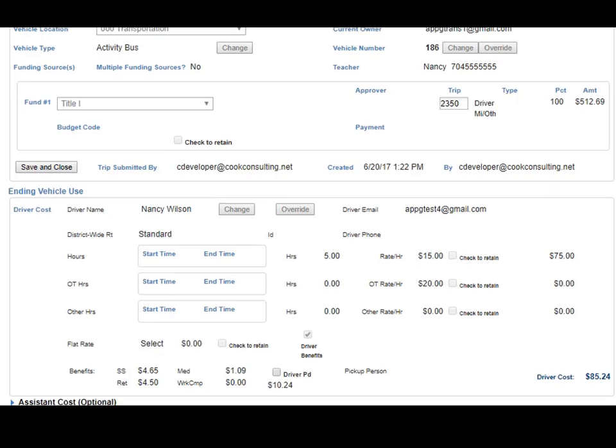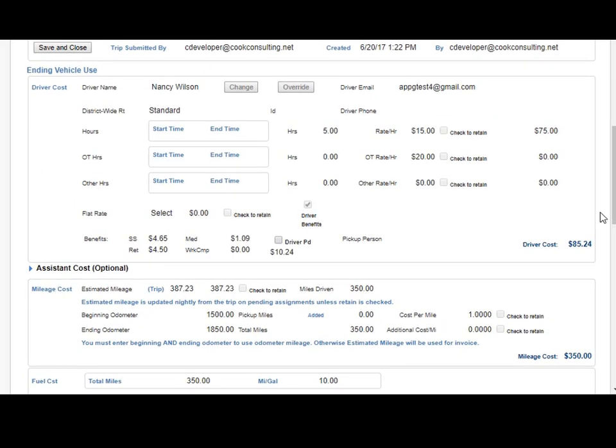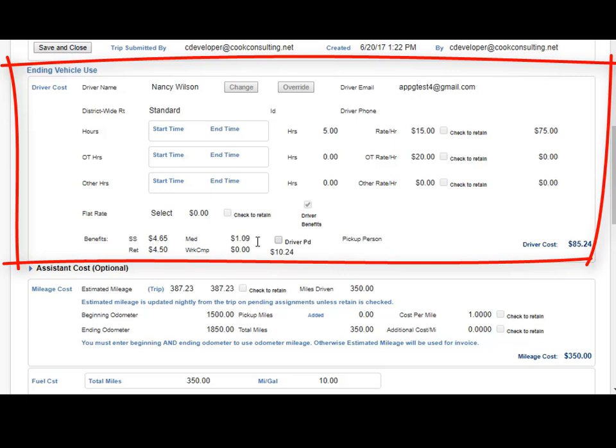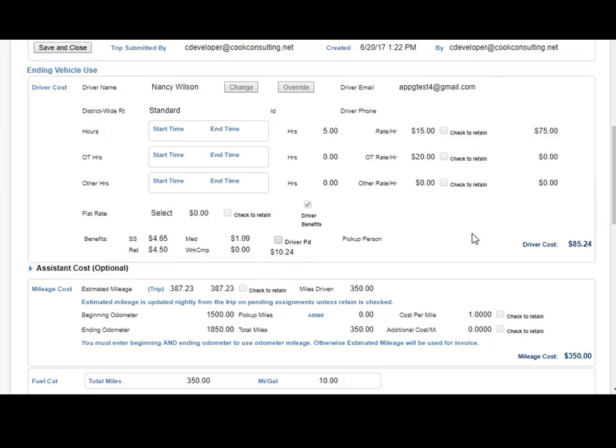Costing information is the next part of the invoice. This first section is for driver cost. So if you do reimburse your drivers for their time, that information can be included. In this example, we're paying this driver for 5 hours at a rate of $15 an hour, and all of this information can auto-populate from your driver table. We are paying this driver benefits, so we can accommodate that to come up with a driver cost. So whoever is going to be managing your invoices, they would need to come in and include the number of